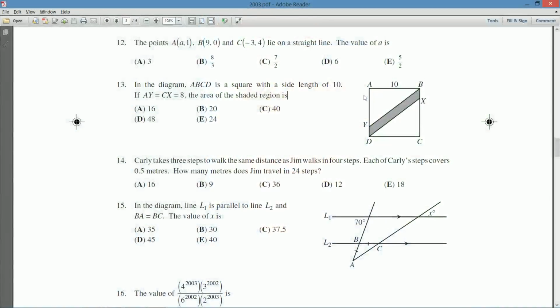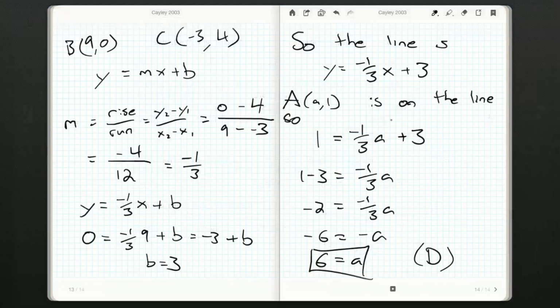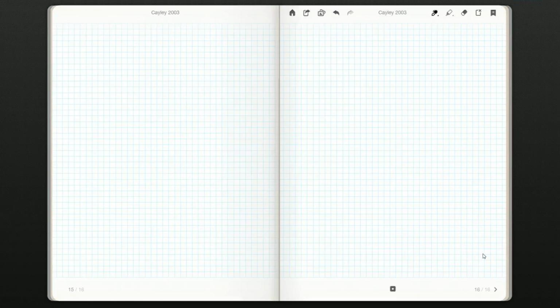Another way we can do it is we can realize that this strip here, if we take a look at it, happens to be a parallelogram. Okay, completely parallel, all these sides. And if AY is 8, then YD, because the whole side has to be 10, must be 2. So it's a base of 2, and we can see that our height for this parallelogram, if we just sort of flip it on its side, a height is 10. So 2 times 10, we should get an area of this strip being 20. Either way you do it is perfectly fine, or if you have your own way of doing it, that's great too. But I'm going to stick with the way I usually do these questions and realize that the shaded region